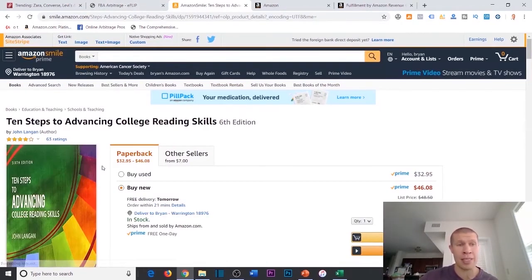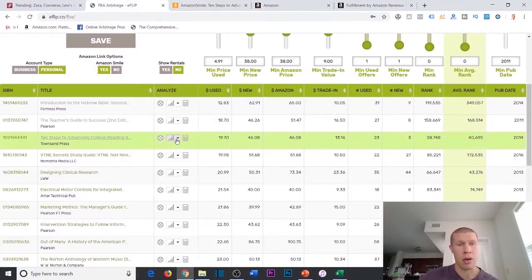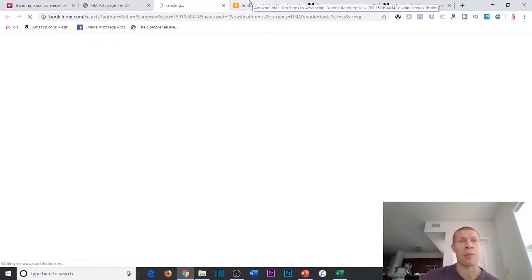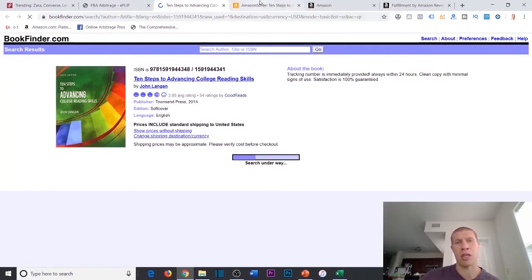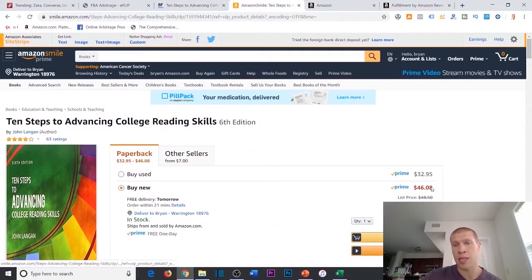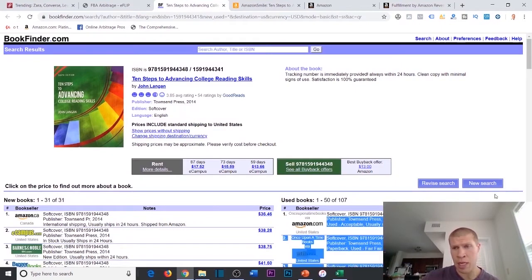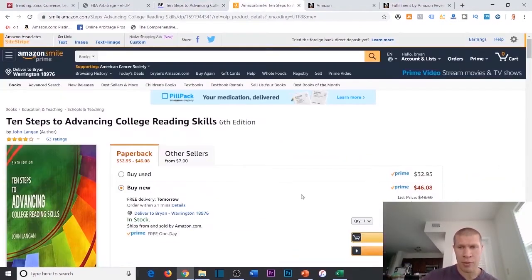So again, we're on the product detail page of this third one right here. We're going to click the BookFinder to see what our opportunity to buy it is and if there's a margin here. The new buy box is roughly 46. The used buy box is about 33. So there's an opportunity to buy this used and make money. There is not really an opportunity to buy it new because the discrepancy in price